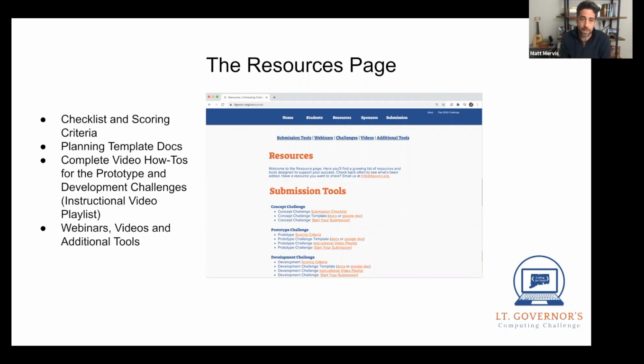really planning docs that you can do all the work ahead of time in Google Docs or in a Word doc. It's for all sorts of reasons, and we'll look at them, but it's helpful to have a place for students to map out their thinking. And also, they put their submissions ultimately into a Google form for the concept challenge, and then onto this platform called Launchpad that we'll take a look at for the prototype and development challenge. And so it's really nice to be able to have